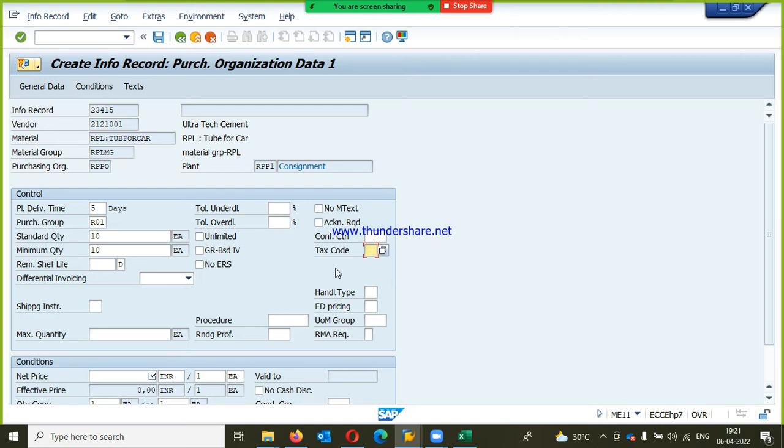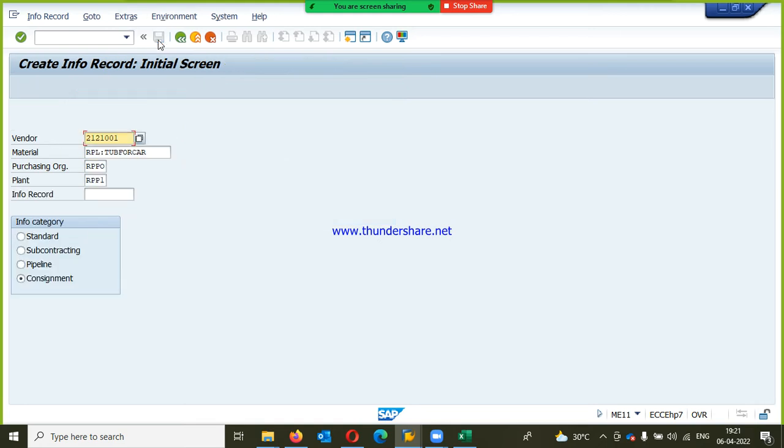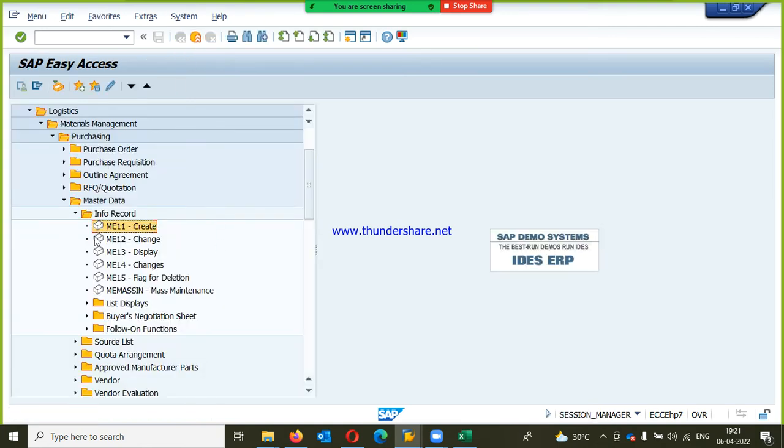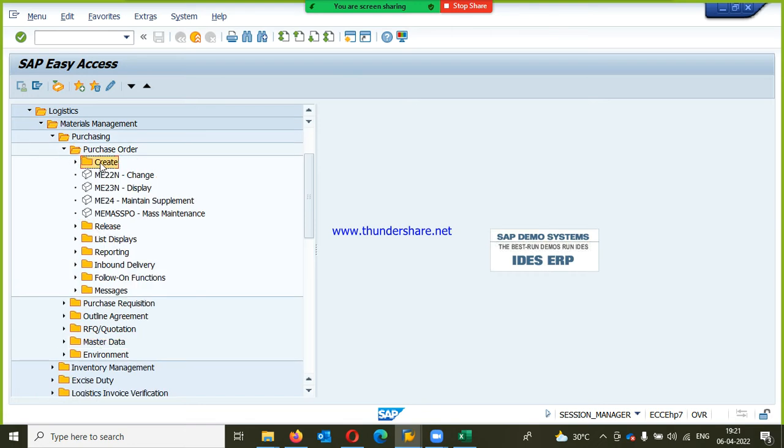Later, I'll show how to create the tax code and how to assign the tax code here. Okay, fine. So net price I'll give 1000 rupees. Enter and save. Enter and save. So now the info record has been created. Now I'll go with purchase order. T code ME21N,